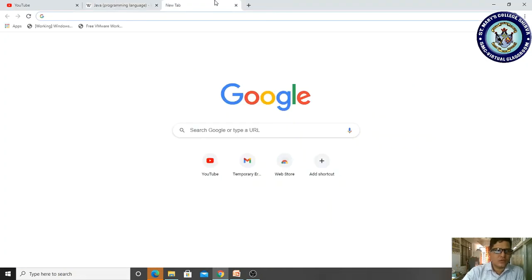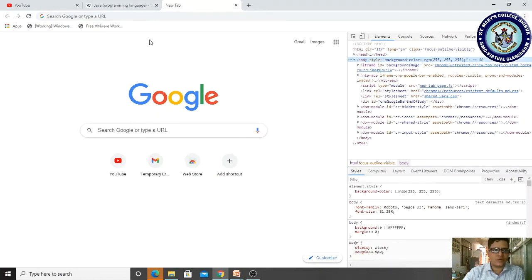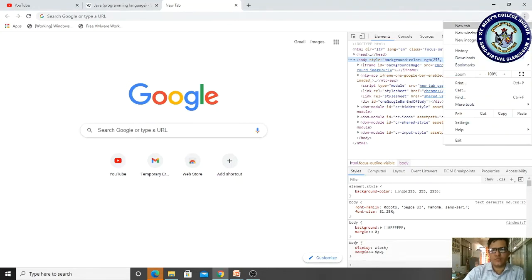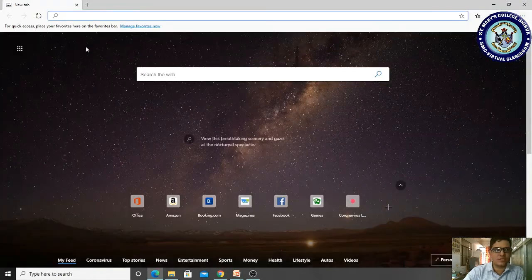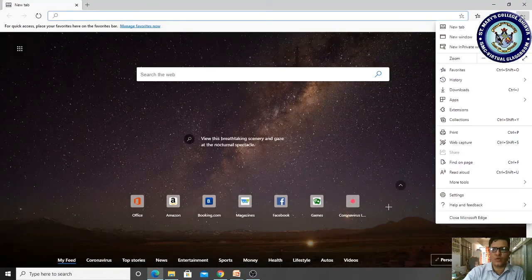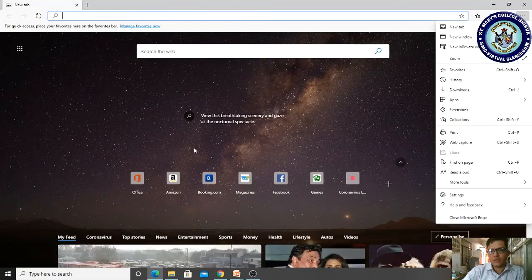Okay, suppose I click here, more tools, it is not there. Developer tools, not developer tools. Almost here the menu bar is vanished. But if you see here, the latest Internet Explorer has also vanished your menu bar, and it is showing in the form of commands only.